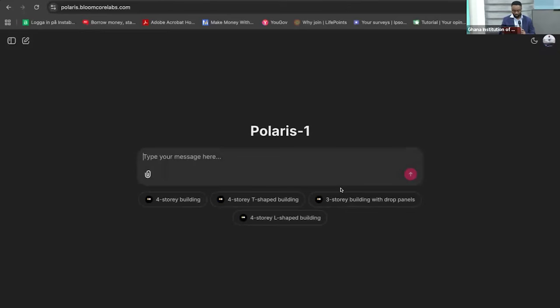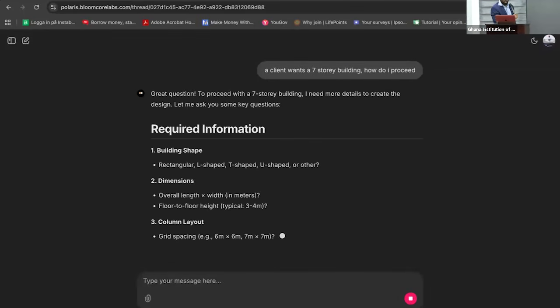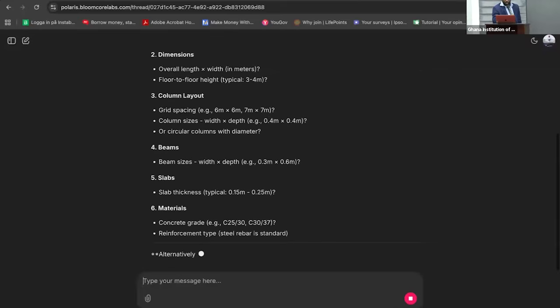So I would say we can start with a very basic example where, let's say, a client wants a 7-story building. How do I proceed? Okay, so we can give Polaris this prompt and then you can say, okay, so here